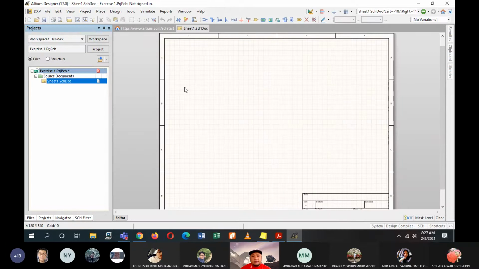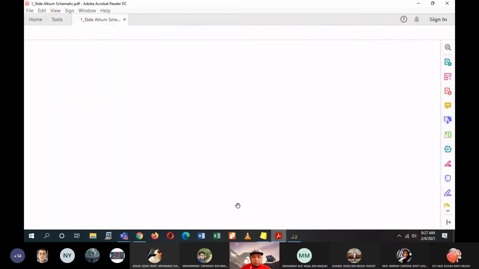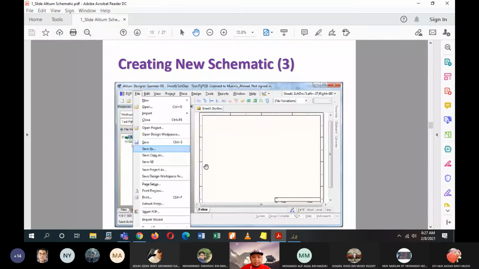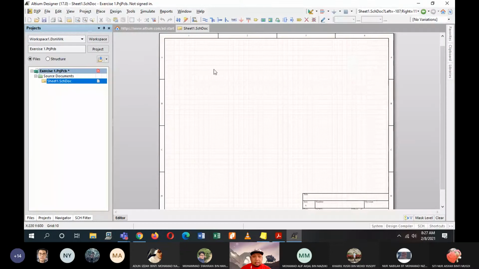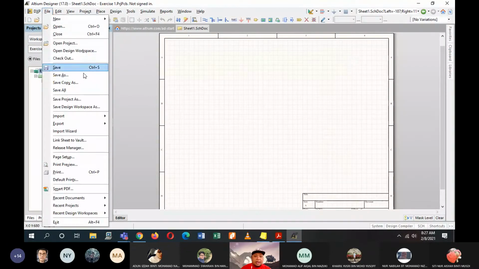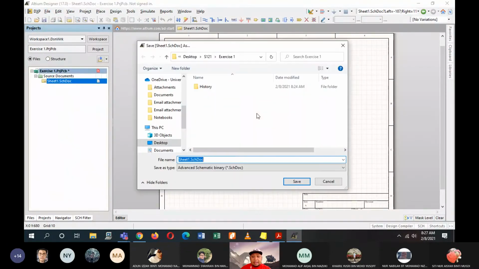Alright, so you'll be having your first schematic here, and then down here under the source document, you have the sheet1.schematic document. Okay, so we save them first. File, save as, under the same project, and then use the same name. So I'll go to file, save as, and then I'll name it exercise 1.